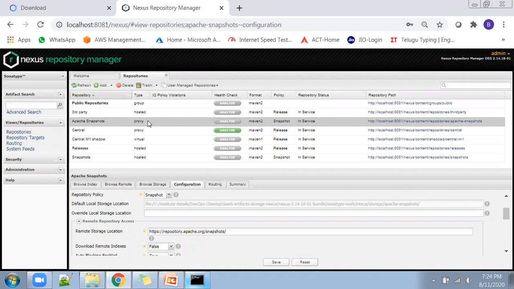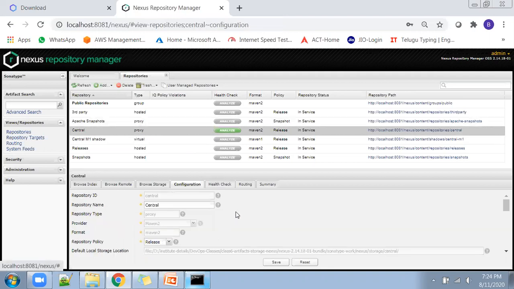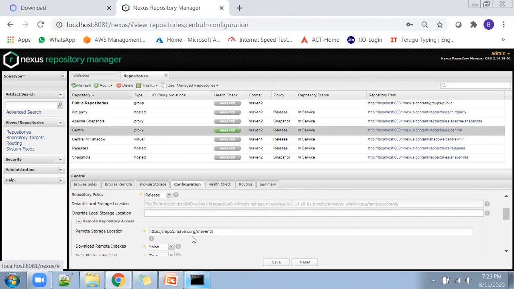In such cases, they will use these proxy repositories. They will put Nexus as the URL for downloading, and it will in turn take the URL of Apache and Maven. So this is also a proxy repository configured to download Maven packages from the internet.